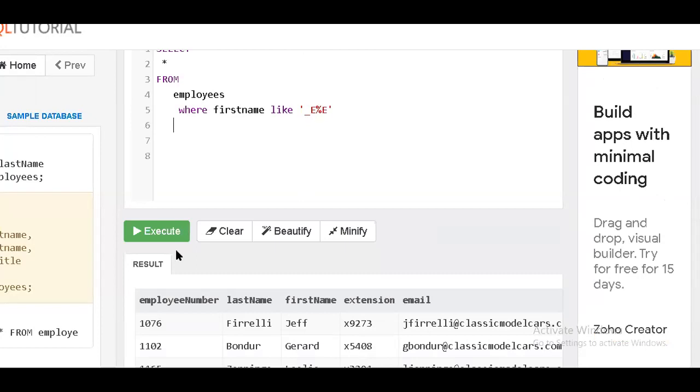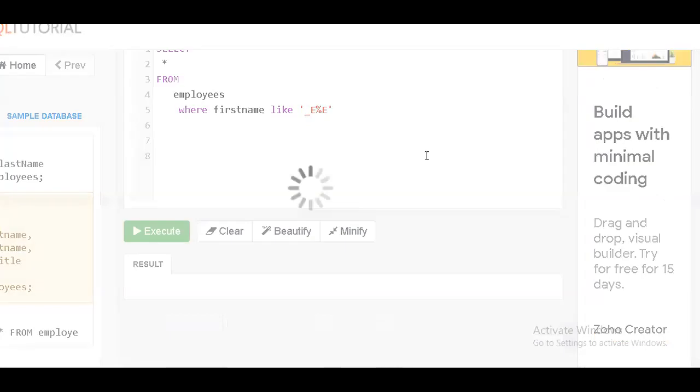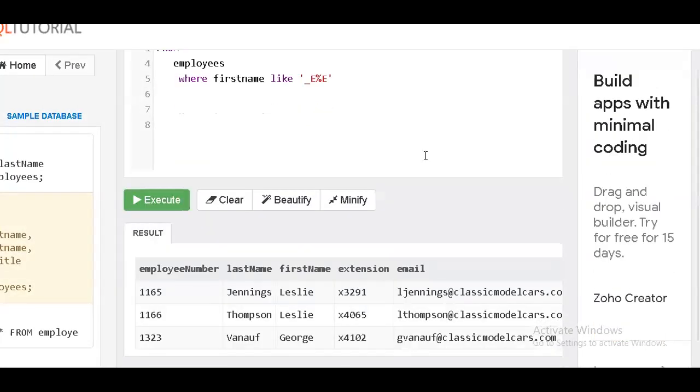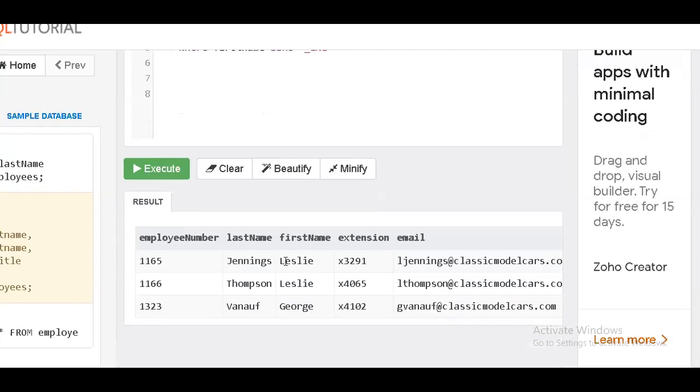So in this case, whether we have records or not, we'll check it. If any record matches, it will go into display. See here, Lacey is the person. L, first letter can be anything. But if you see, the second letter is E, second letter is E, second letter is E, and the rest of the things can be anything. The last should be letter E. Right, now in this, I am getting something like this.